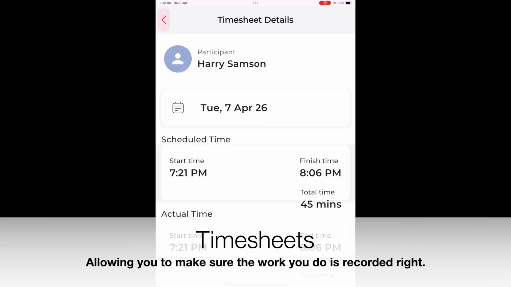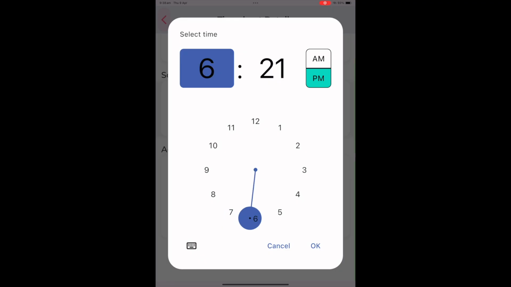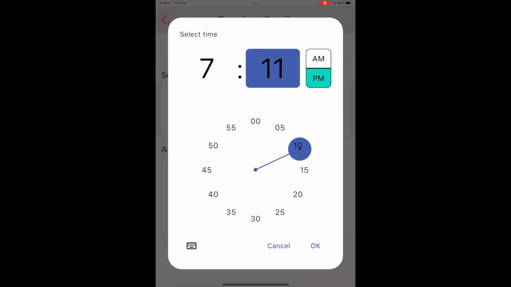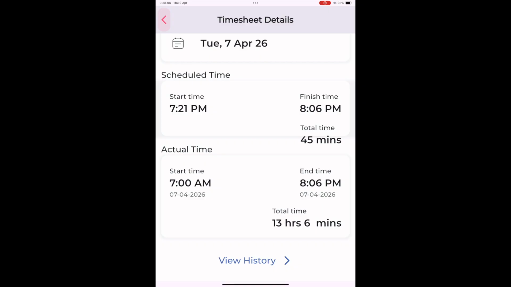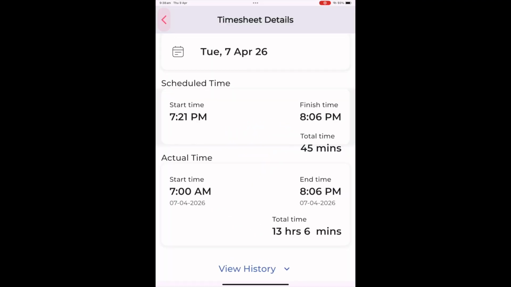The timesheets is the next important section. If you have finished a shift particularly late, or maybe you just forgot to clock in, you can adjust the timesheet to be whatever time that you started. If these times differ to the scheduled time, management will be prompted and we may follow up with you if it is quite substantial. But say you were scheduled on from 7 to 11 o'clock, but we all know that sometimes things run late. So you didn't finish until maybe, let's say 11:30 that day. You can adjust your